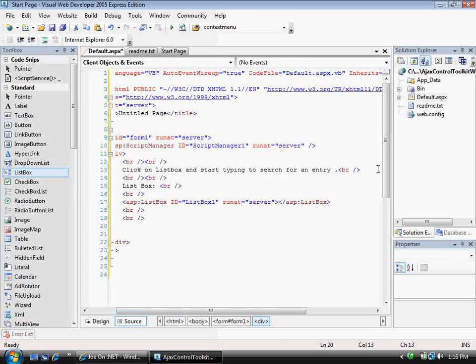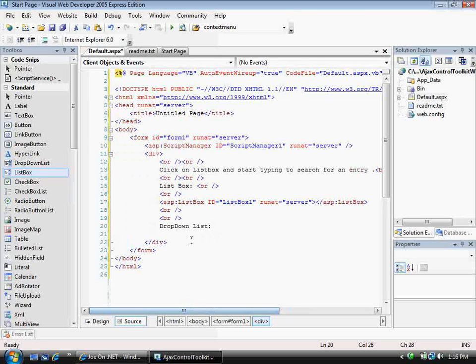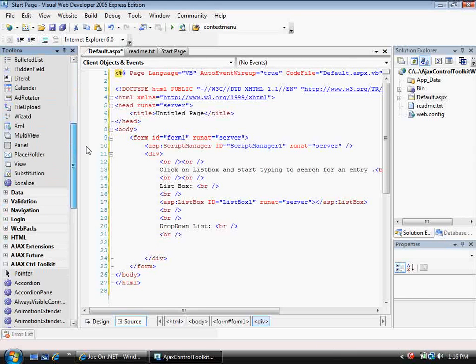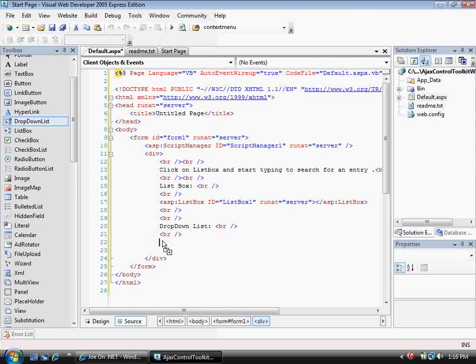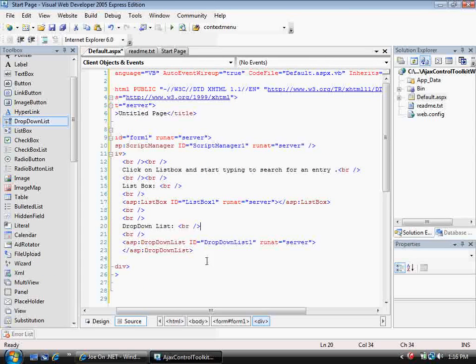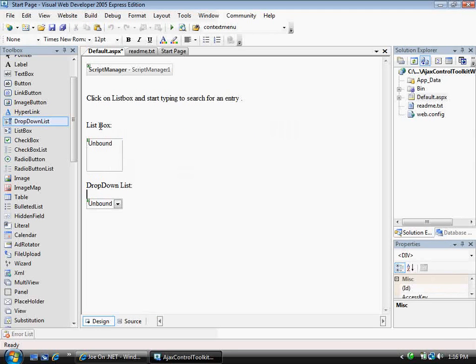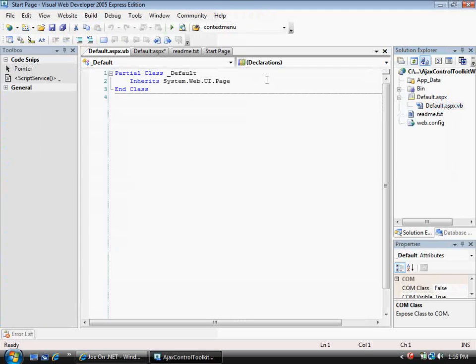Let's also go ahead and add a drop-down list, since the ListSearch extender can extend both a list box and a drop-down list. And now let's go ahead and grab a drop-down list. So now we've got a list box and a drop-down list in our web page here,